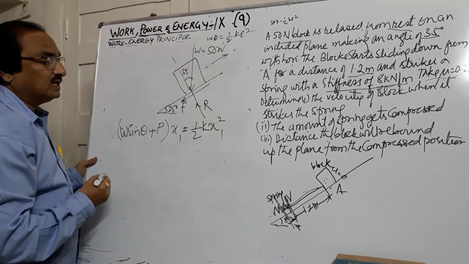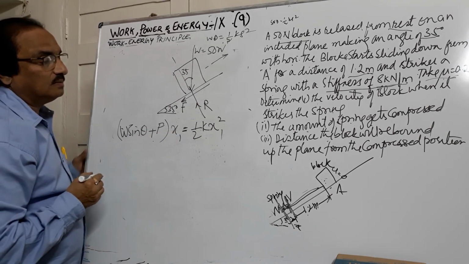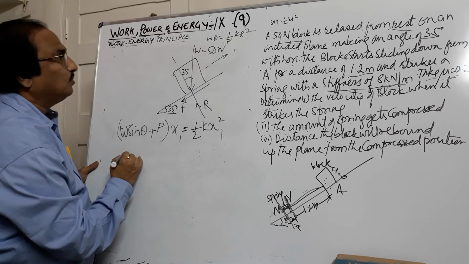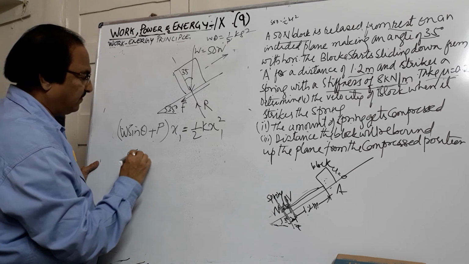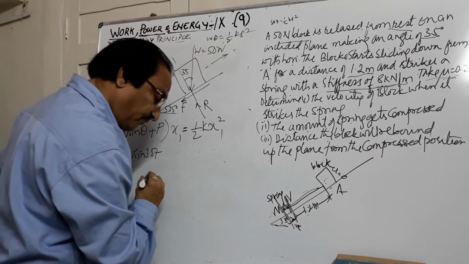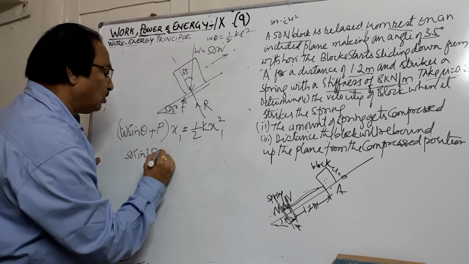So if we equate them, the work done by the system is equal to the work done by the spring. So if you equate them, you get W is 50 sin 35 plus, we have calculated the value of F is 10.24,